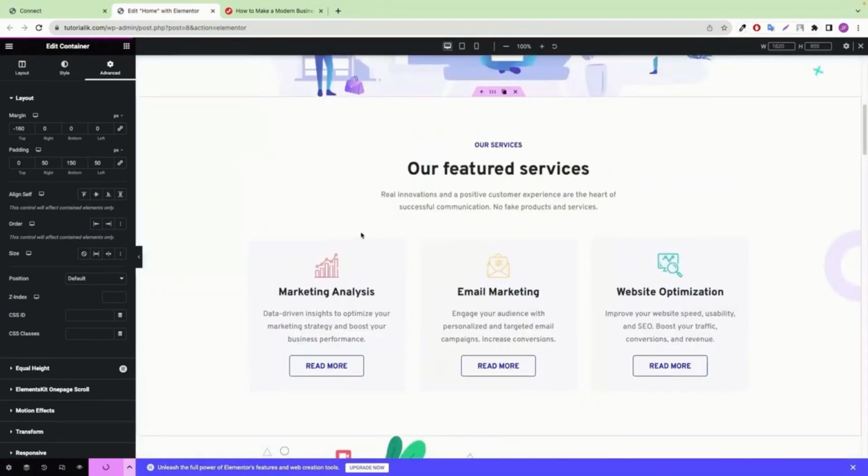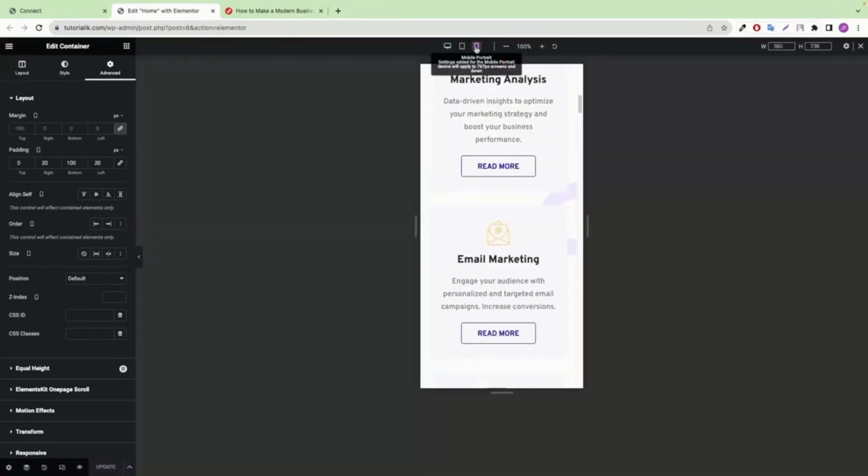So if someone visits our website, and they're coming from desktop, they will get to see it like this. If they're coming from mobile, they will get to see